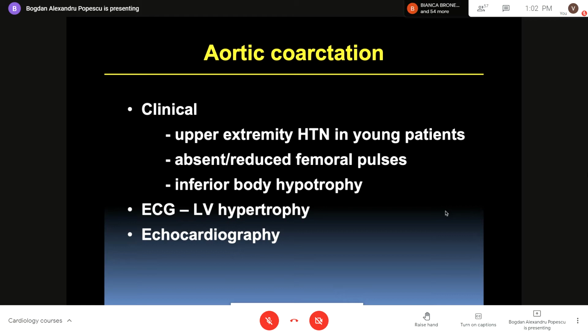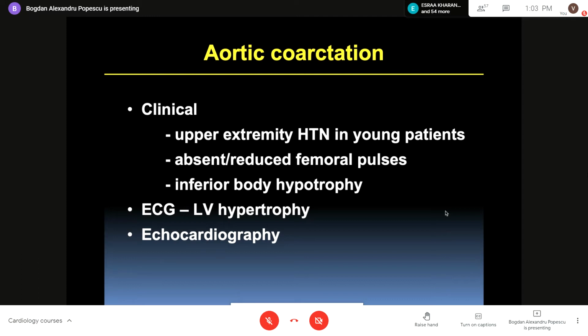So you will have increased pressure there. So you will find hypertension of the upper extremity. However, if you measure the pulses and the blood pressure in the lower extremity at the legs, you will find reduced or even absent pulses and reduced or even non-measurable blood pressure. So this is a very common feature, and this is why I told you yesterday, when you first assess a patient, you need to take the blood pressure in both arms,